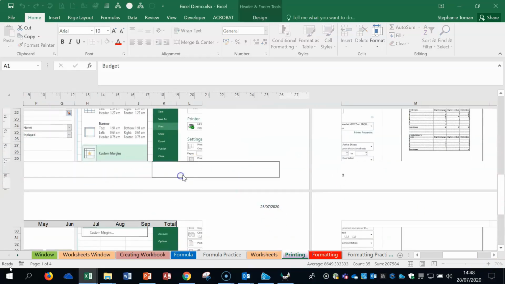So remember, headers and footers have sections. If you're in the full normal view in an exam and you want to get to the headers and footers quickly, you can move to the page layout to do that. It's quite acceptable to make those changes. Okay, so we're going to